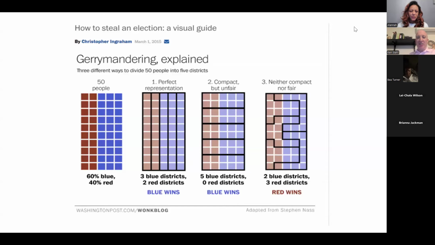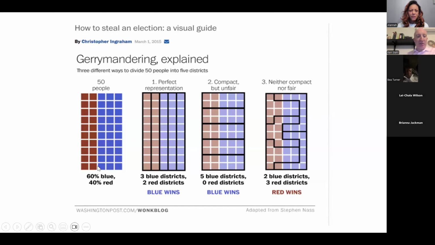So how does this redistricting actually affect elections? Can you give us a visual of what is actually happening when a district has been redrawn or gerrymandered? Sure, absolutely. And in fact, let me show you another picture here. This is maybe the best graphic I've seen to describe how gerrymandering works, because it really shows you how it can work in a way to disenfranchise people.